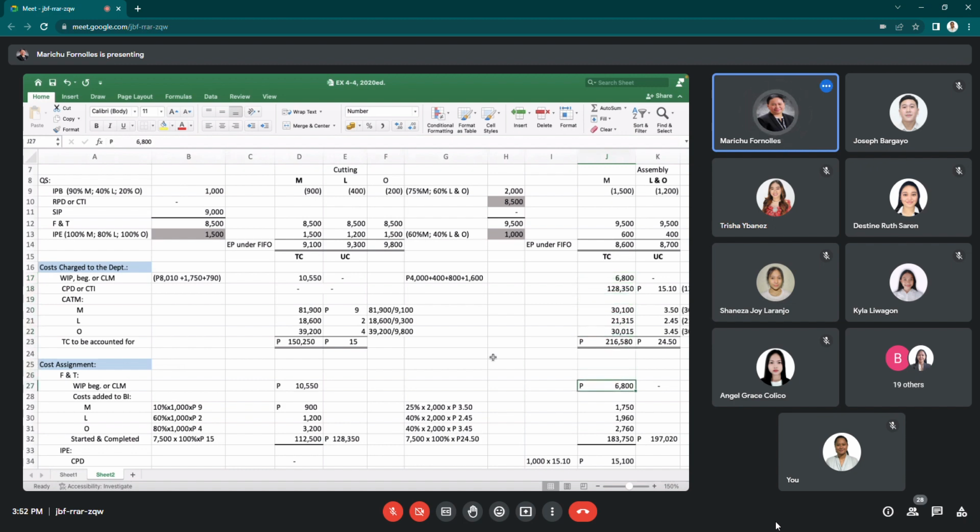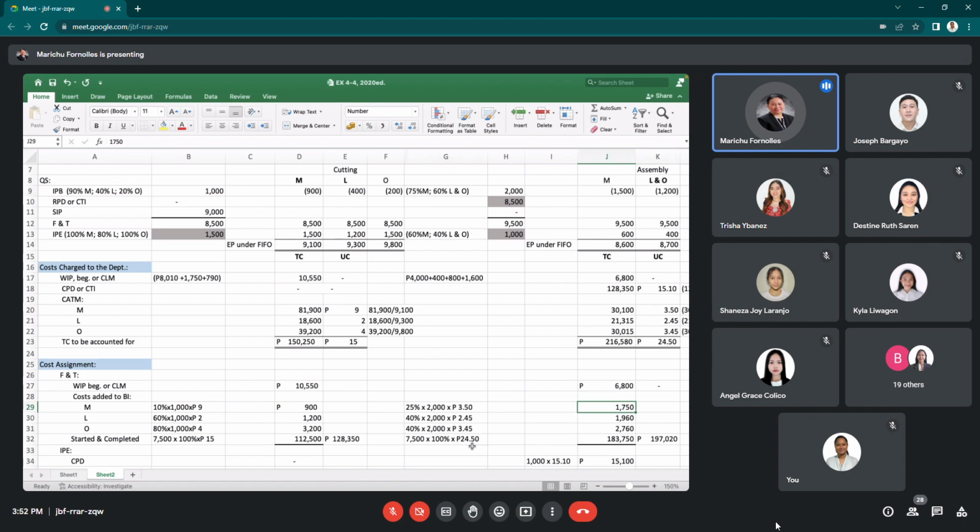Then add the costs applied to your beginning inventory. If you look at the quantity schedule, the 2,000 units started last month in assembly were 75% complete as to materials. So to complete it this month, apply the remaining 25% of materials times the 2,000 units that were started last month times the unit cost of materials at 3.5 equals